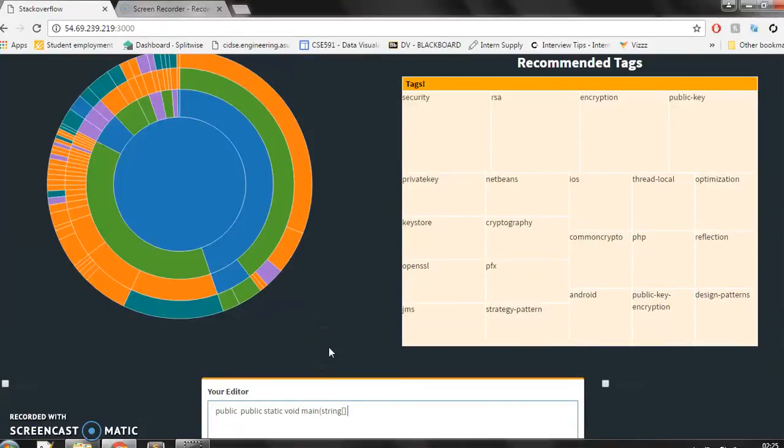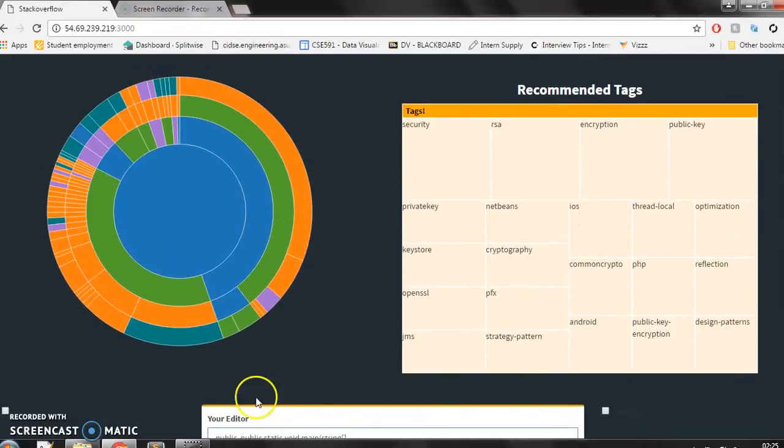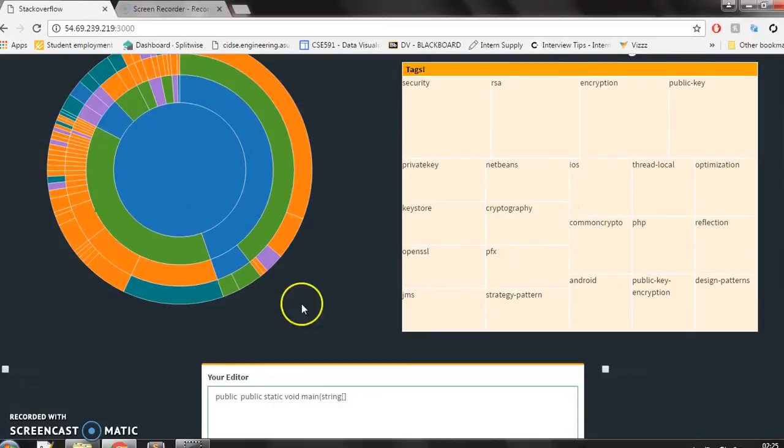So now let's see how the sunburst works from a technical point of view. We have created an n-gram model on the code column from the dataset which was crawled from Stack Overflow. We have used a 4-gram model in this case. So what this does is that for every word you type, it displays the next probable set of 3 words that was already typed before, which was retrieved from the database.